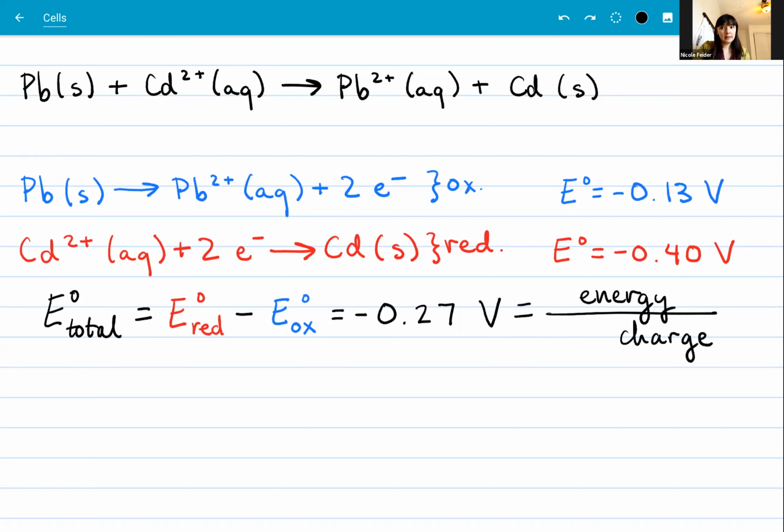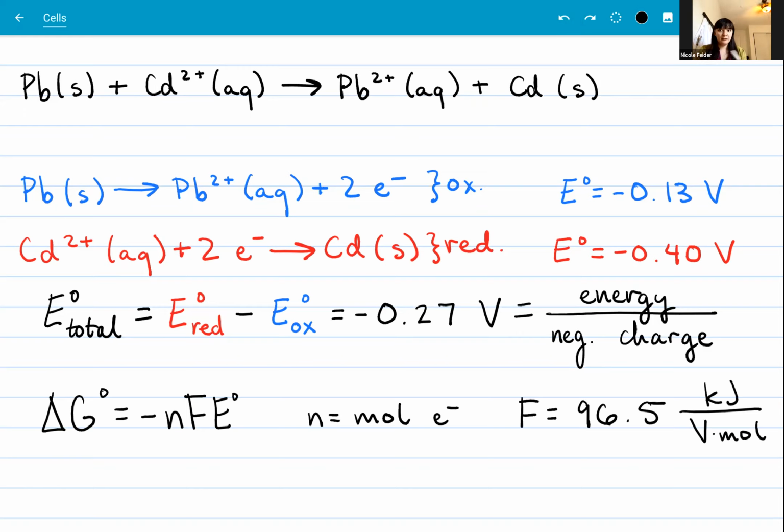Like as these negatively charged electrons are moving, some amount of energy needs to be added, which is why E naught total for this reaction is negative. And also recall Gibbs' free energy change and spontaneity. Delta G and E are related through this equation here. Delta G naught equals negative nFE. n is the molar coefficient of electrons being transferred in the reaction, and F is Faraday's constant, 96.5 kilojoules per